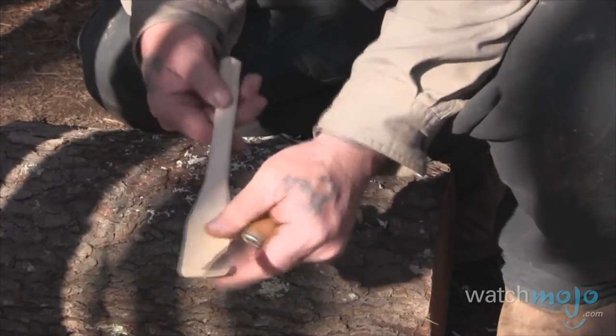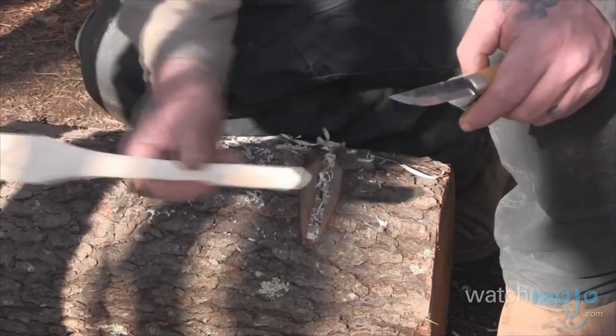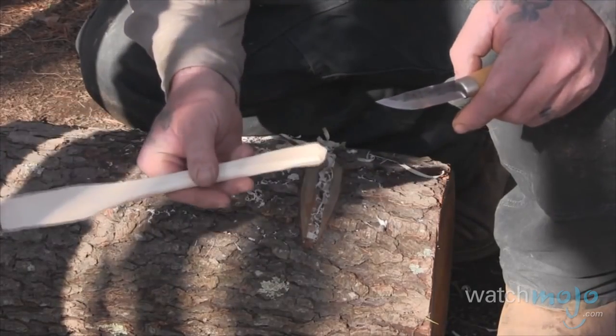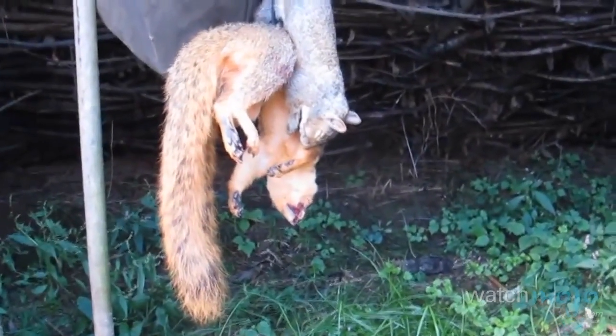It's not too shabby. That thing will definitely work just exactly the way it is right now. May not be the most beautiful thing on the planet, but I guarantee you, it'll flip some bacon. About to find out. There are how to hunt and skin an animal videos here which are clearly not for